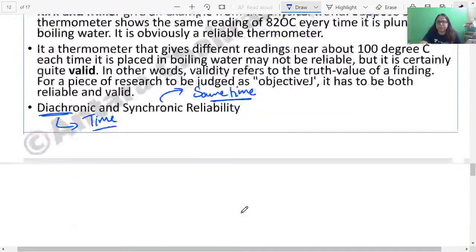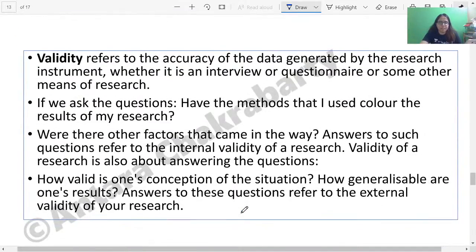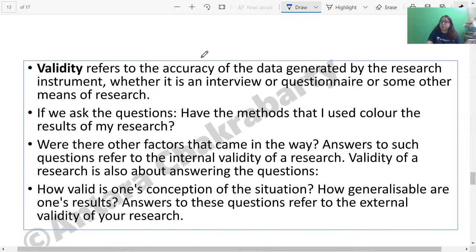And इसके अलावा I have also given certain examples as such कि validity refers to the accuracy of data. जैसे कि have the methods that I used colored the result of my research. जो भी मैंने मेथड्स यूज किए हैं क्या वो मेरे आंसर्स एक्यूरेट दे पा रहे हैं या फिर नहीं दे पा रहे हैं. Those things are addressed here. ओके. Now when there are other factors that came in the way, what are these factors which are coming into the way, ये सारे questions validity check करता है. In short, अगर आपको याद नहीं रह रहा है, remember it this way. Validity simply means accuracy of your results,